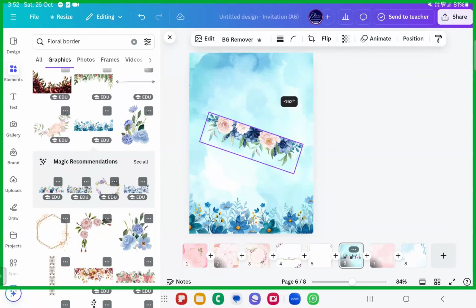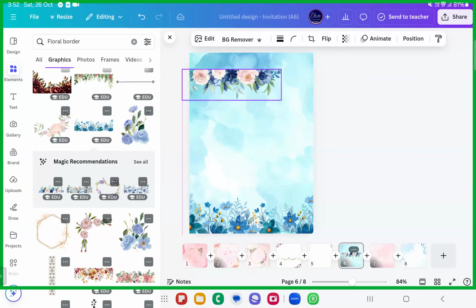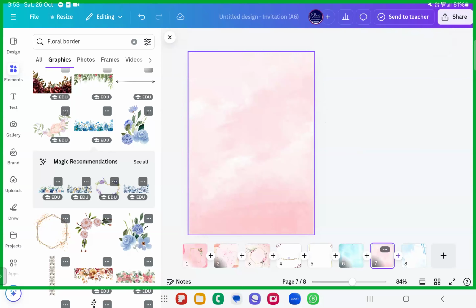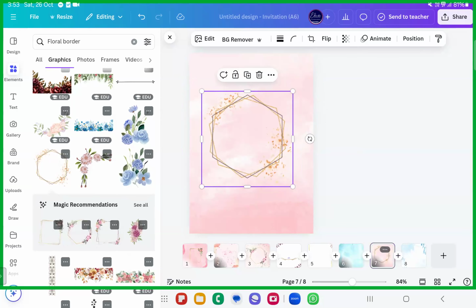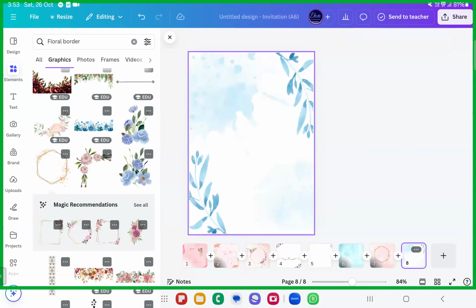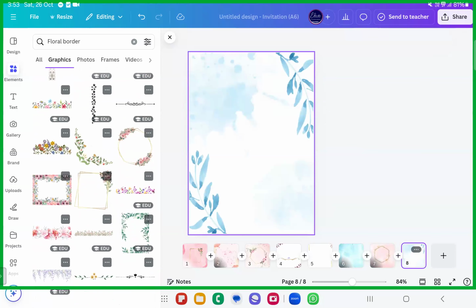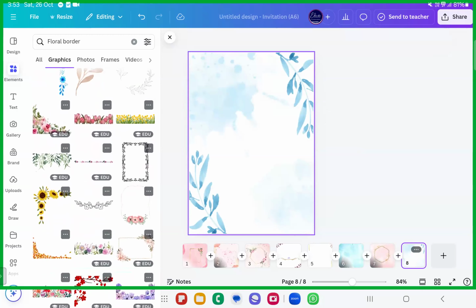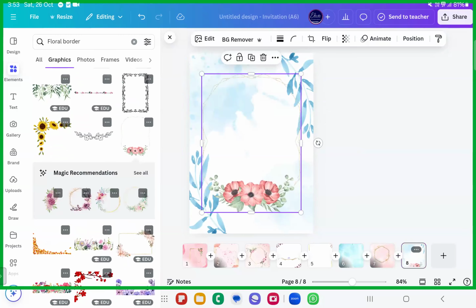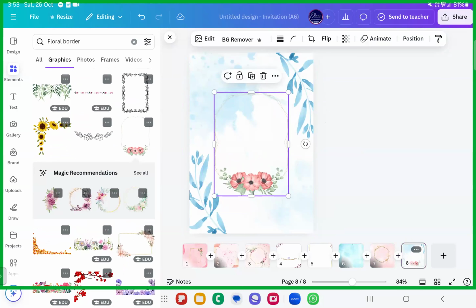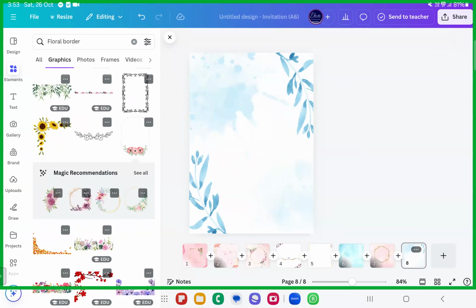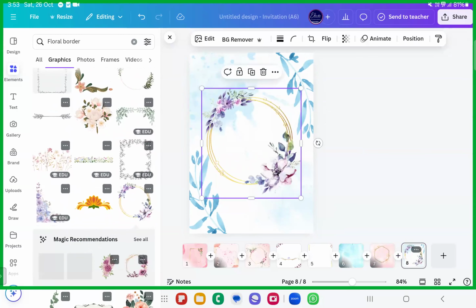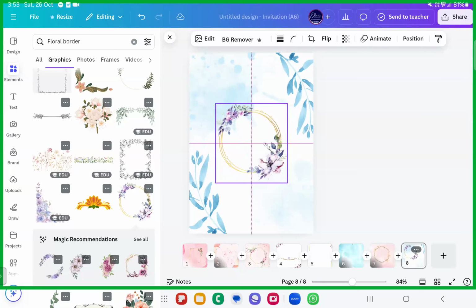Fine. If you want, put it here. Something like this. Look into the designs, how well you have created it, right? So this is called designing. This is called graphic designing, wherein you put your skills and your way of thinking into the picture and create the steps very beautifully. Fine. If you want to write the groom and bride's name inside this, you can even go ahead with that as well. Or else go ahead and search some of the steps and add it over. Whatever you want, something like this if you want to add. It's all up to you, fine.